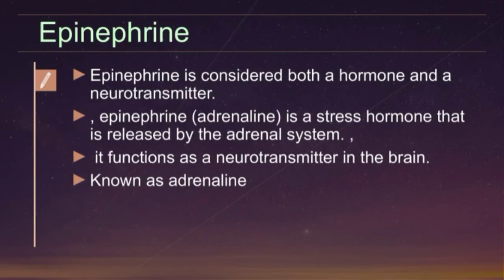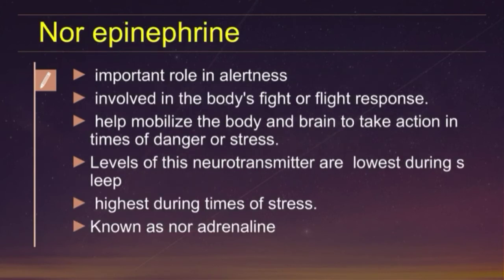Epinephrine. Another name for epinephrine is adrenaline. Epinephrine is considered both a hormone and a neurotransmitter. Adrenaline is a stress hormone that is released by the adrenal system, and it functions as a neurotransmitter in our brain. Norepinephrine is found in neurons in the autonomic nervous system. Primarily, it is involved in the control of alertness and wakefulness. It helps mobilize the body and brain to take action in times of danger or stress. The levels of these neurotransmitters are lowest during our sleep, and highest during times of